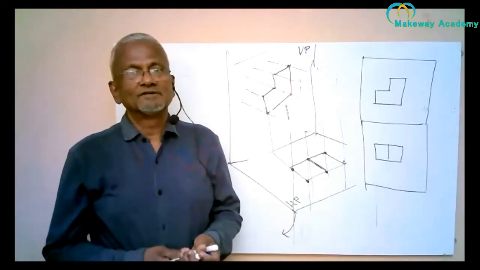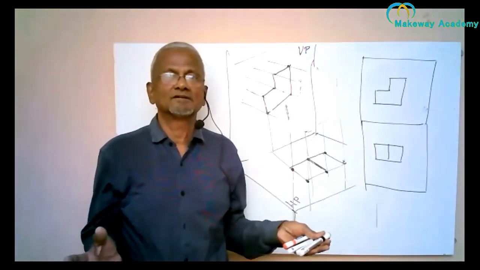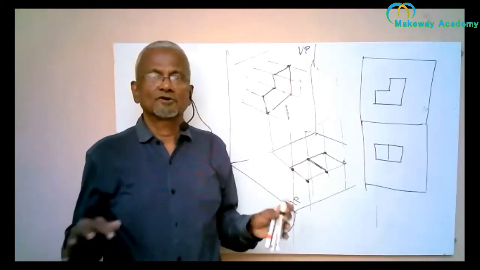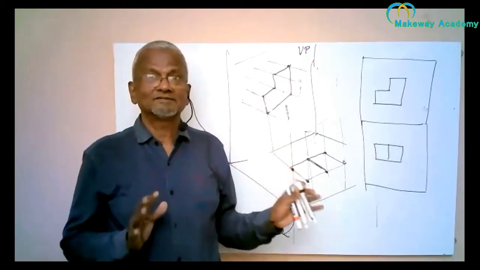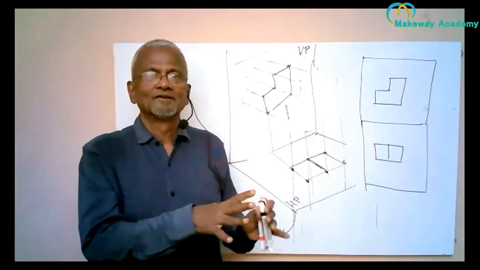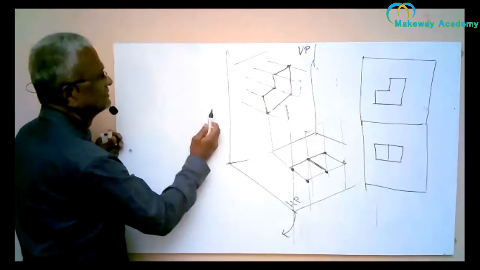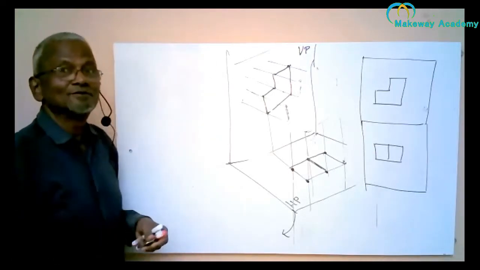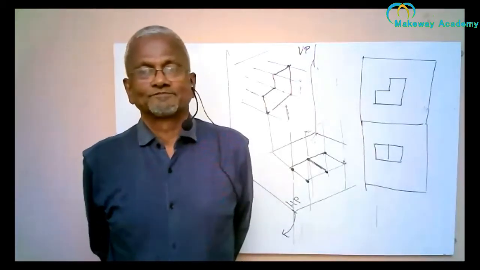So actually we don't draw the planes. This is the concept behind engineering drawing, orthographic projection, or multi-view drawing. You don't draw the planes, but that is the basic idea. The objects are projected onto the planes, but we don't draw the planes. We draw only the views. So when we draw the views, we need to be careful with the proportion.